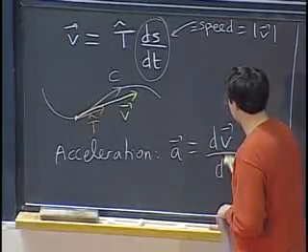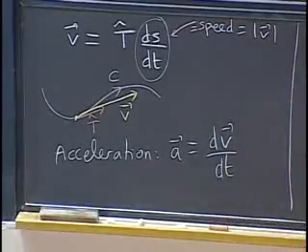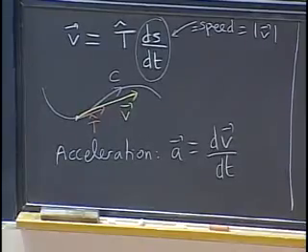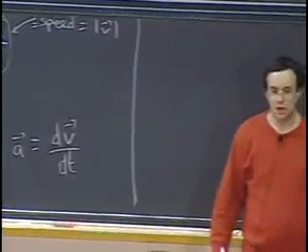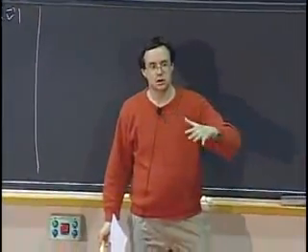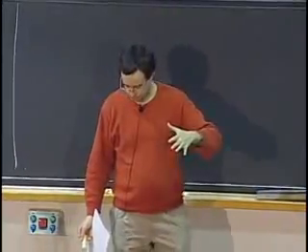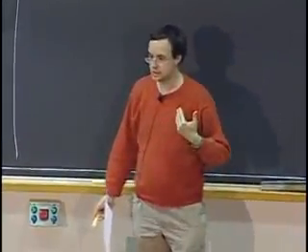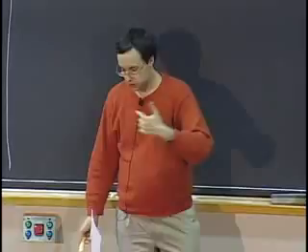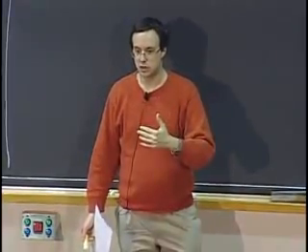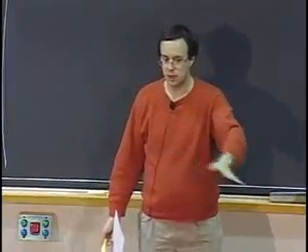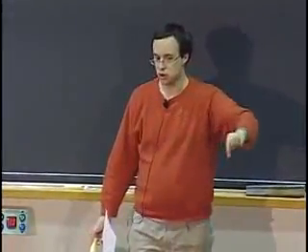Which is the derivative of velocity. So it's the second derivative of the position vector. And as an example of the kinds of manipulations we can do, in class we've seen Kepler's second law, which explains how if the acceleration is parallel to the position vector, then r cross v is going to be constant, which means that the motion will be in a plane and you will sweep area at a constant rate.